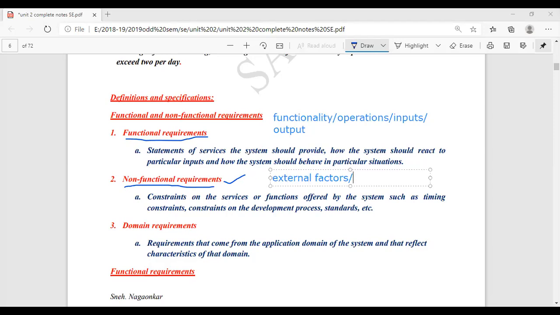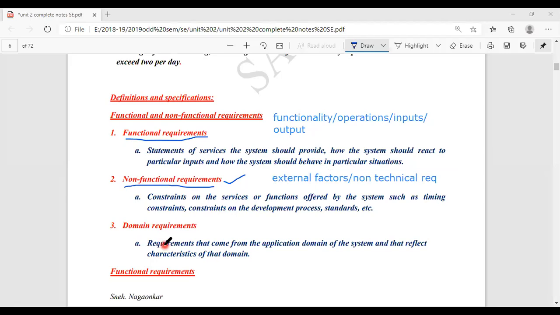You can also call them non-technical requirements of our software. Is it clear about functional requirements and non-functional requirements?